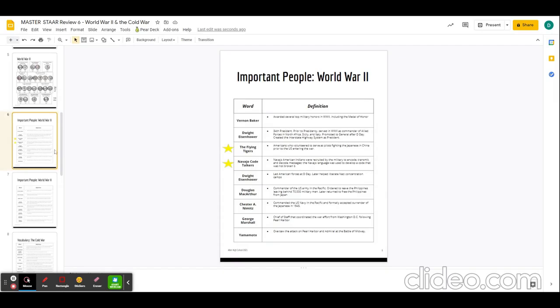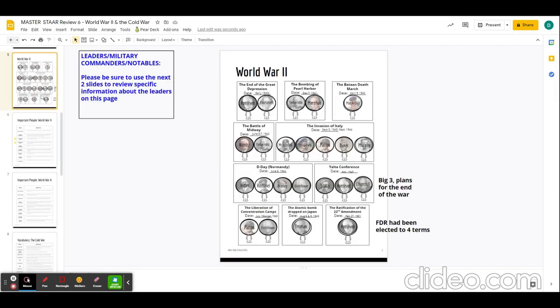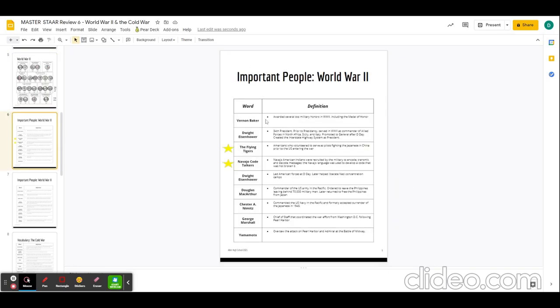All right, like I said earlier, slides 6 and 7 are going to give you the definitions for all of the people that we saw up here on slide 5. Vernon Baker, Dwight Eisenhower, MacArthur, Nimitz, you can see all of them. Now, I've put 2 stars here by the Flying Tigers and the Navajo Code Talkers. Both of these are highly significant groups of people that have a high likelihood of popping up on the STAR